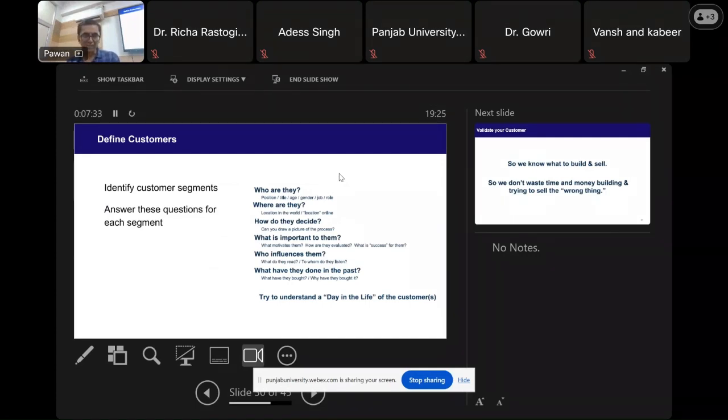Okay, now let's do an example. Let's try to answer these questions for a product. Let's take an electric vehicle, scooter, Ola scooter. Are you aware of that product, right? Is it comfortable? Okay, now can you define who are the customers for the Ola electric scooter? Start answering these questions one by one in detail.